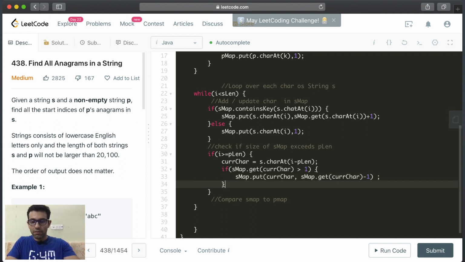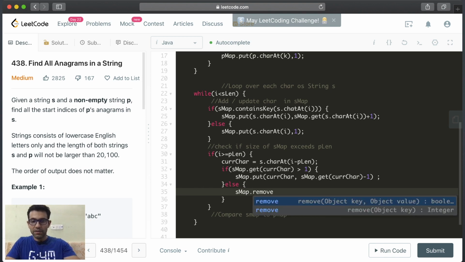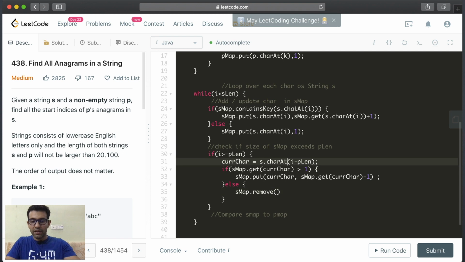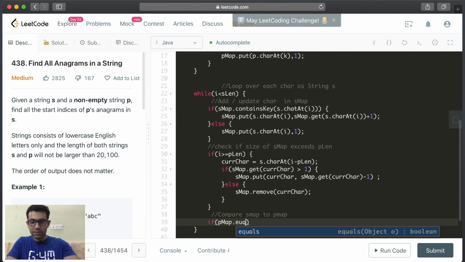Otherwise, because the character occurrence is not greater than 1, we're going to remove it. Remove the char from the smap, and that's it, nothing much. Now coming back to the comparison part, if pmap dot equals smap,